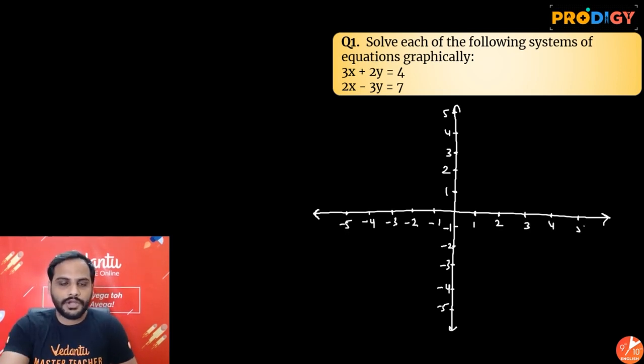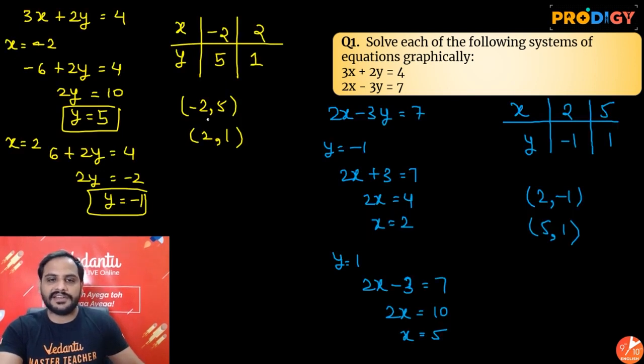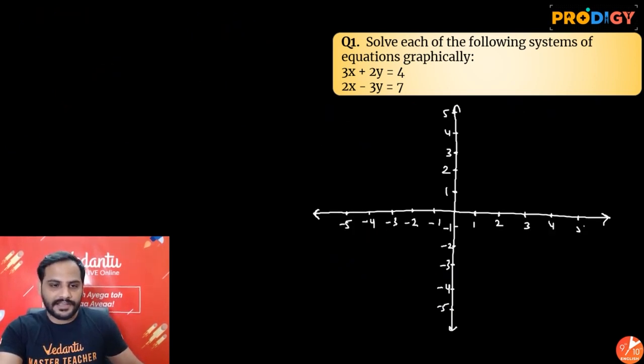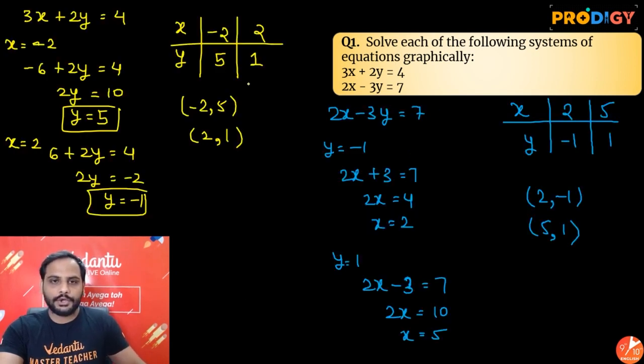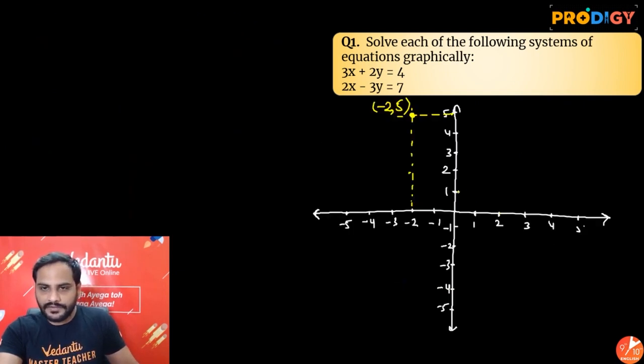For the first equation we have minus 2 comma 5: minus 2 is the x coordinate, 5 the y coordinate. Let us make these two meet each other. Somewhere over here is my point minus 2 comma 5. The next point is 2 comma 1, x coordinate 2, y coordinate 1, and they meet over here. So this is my point 2 comma 1. Joining these two,